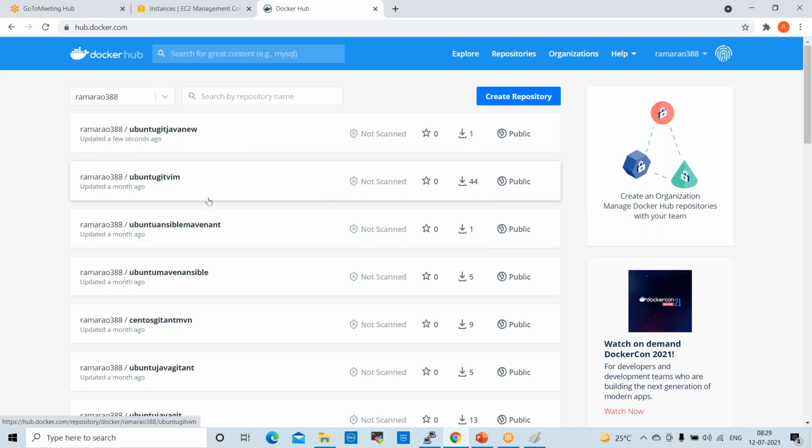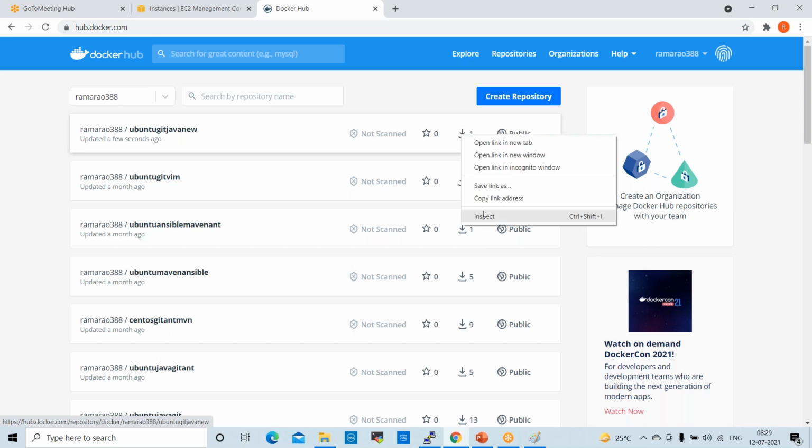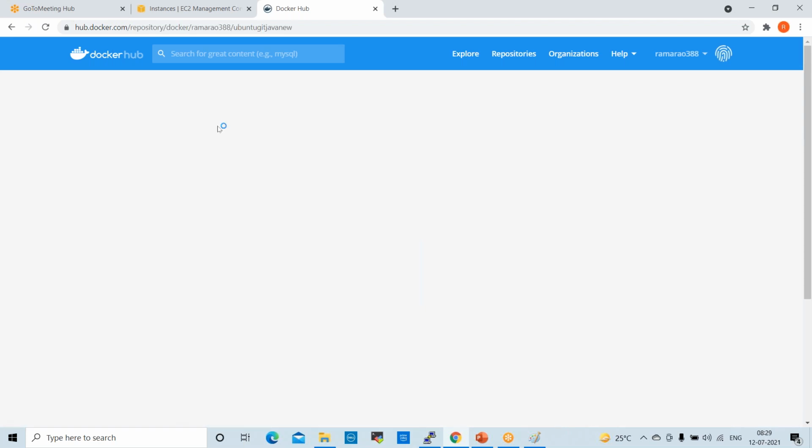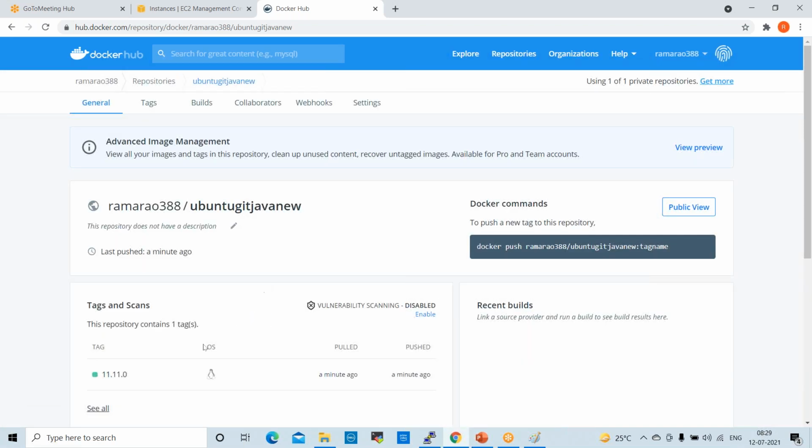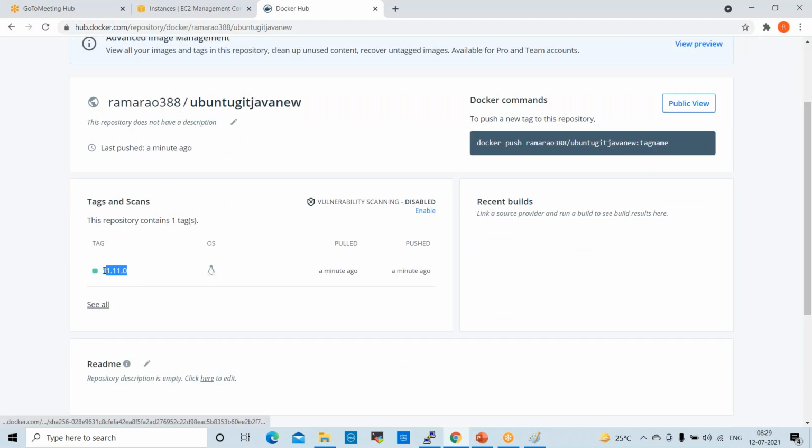If anyone wants to download this, you can click on this, or else you can copy the link address and you can download the image. Okay. Now, if you open this, this is the version 11.11.0. A minute ago, we pushed this image to Docker Hub, right?